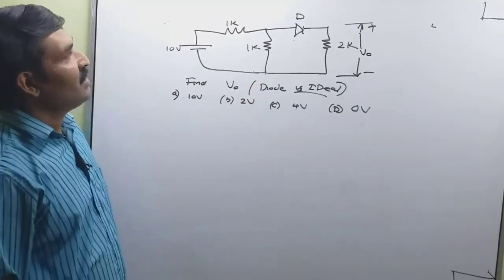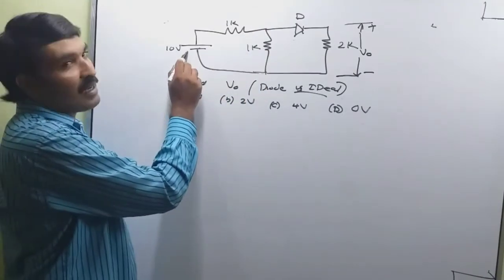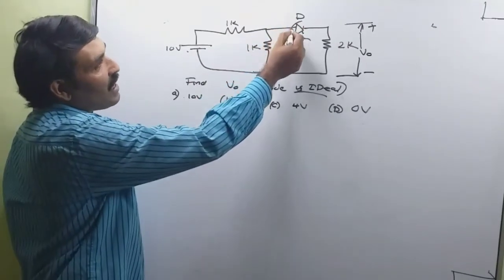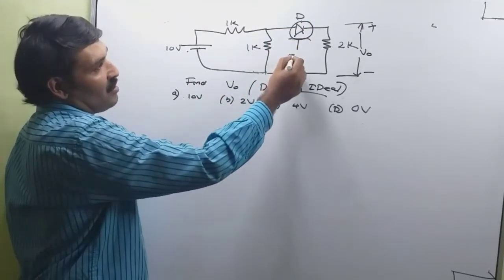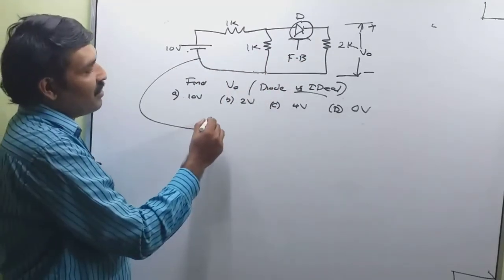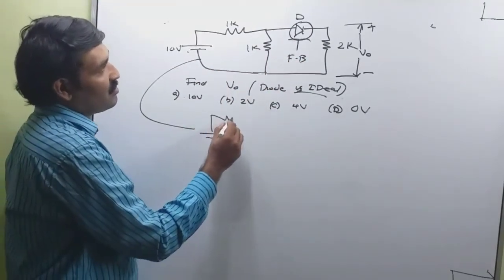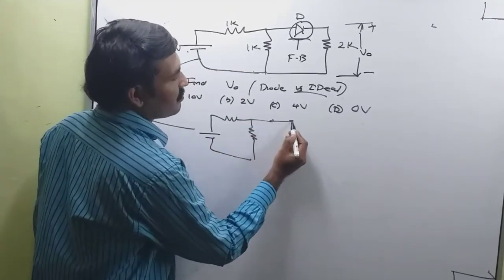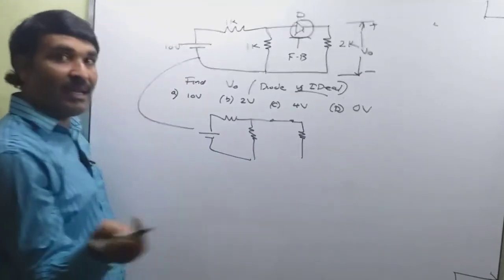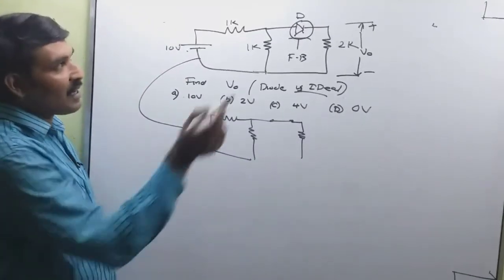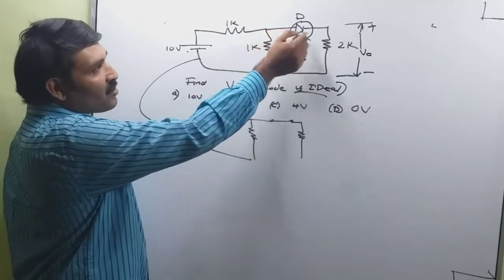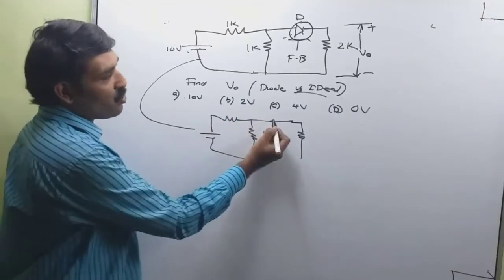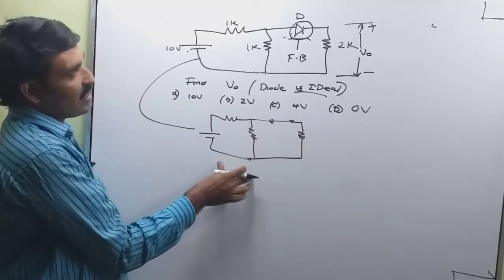Okay. Now, 10 volt is connected. We are assuming the diode is ideal, so I am assuming the diode is in forward bias condition. So the equivalent circuit can be drawn by short circuiting the diode. If the current is positive, that implies the diode is forward biased. If the current passing through this diode is negative, that means the diode is in reverse bias condition. That is a short circuit test. So I short circuit the diode, and this is the equivalent circuit.